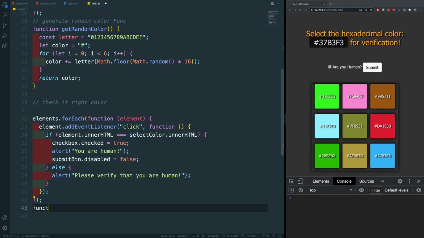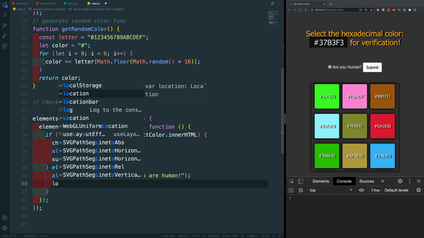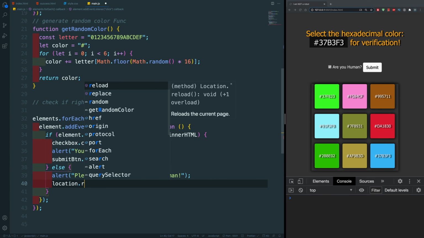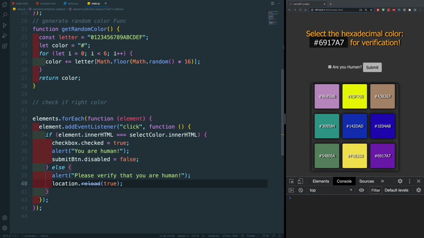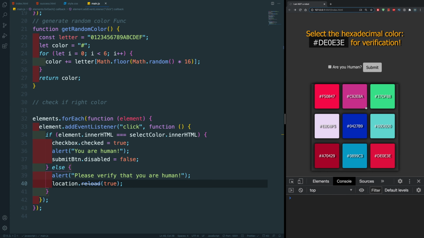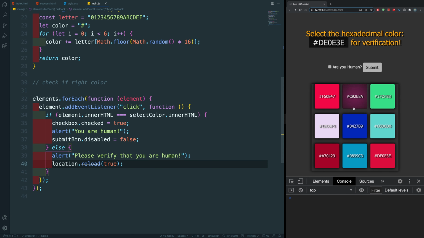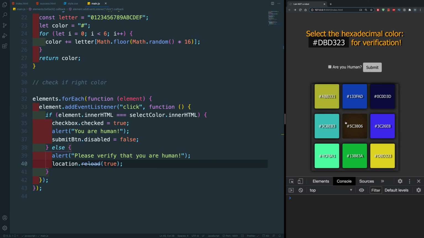So let's create here a function which we'll call page refresh. Actually, I don't have to do this here. We're going to do it within here. So there's something called location, and we can add to this a reload. We're going to set this to true. Okay, so if I click on the wrong one, then the page will reload, and each time the page reloads, as you know, the functionality starts from the start. So you're going to get new numbers and also new colors